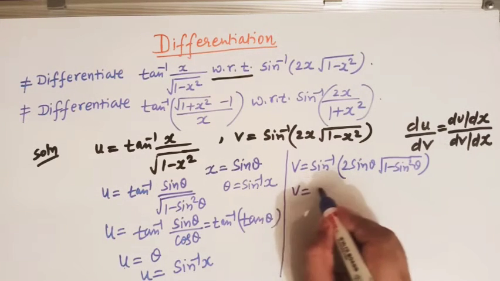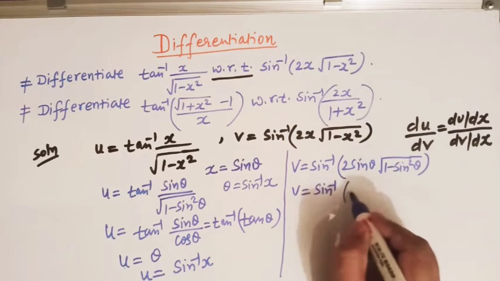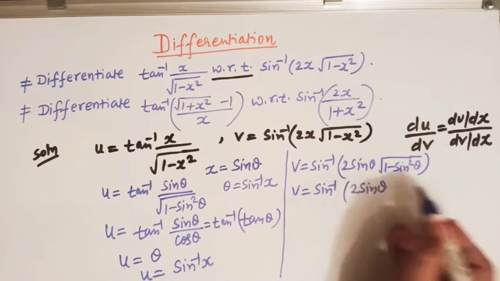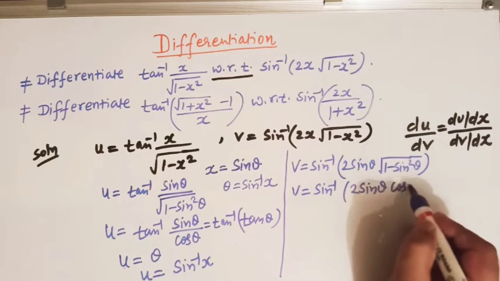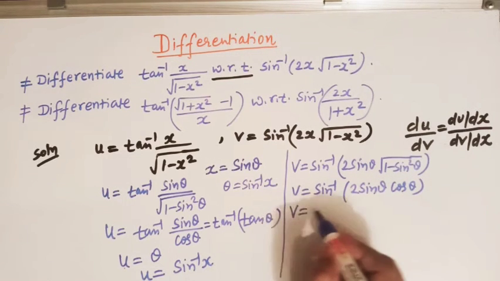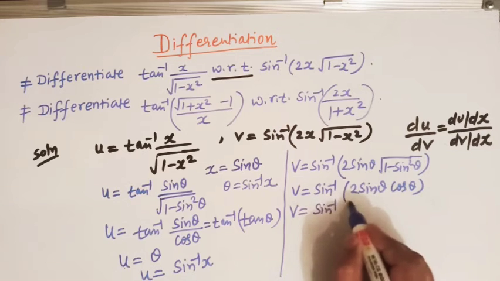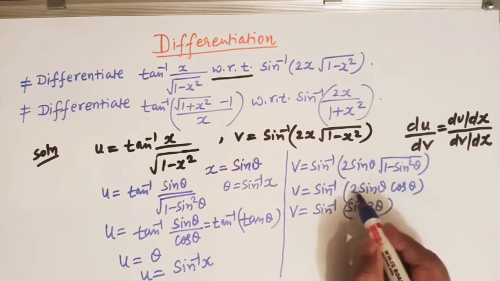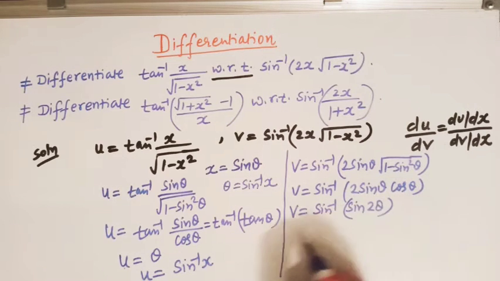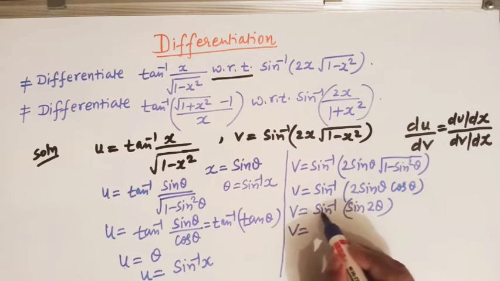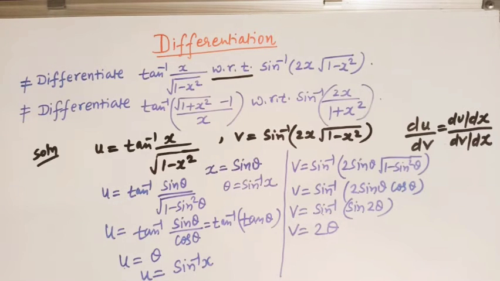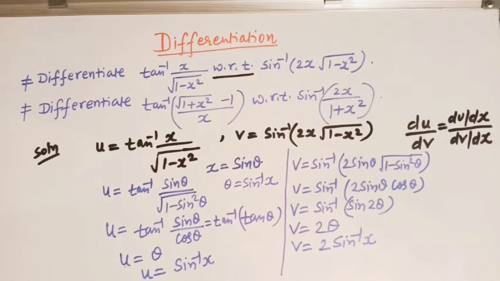So v becomes sine inverse, and this is 2 sine theta, and this becomes cos theta, right? So v is equal to sine inverse of sine 2 theta here, because 2 sine theta cos theta is sine 2 theta. So this sine and sine inverse get cancelled, so we have v is equal to 2 theta. So v can be written as 2 times of sine inverse of x, right? Okay,